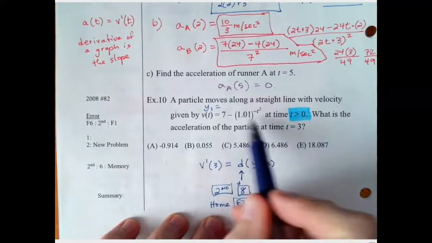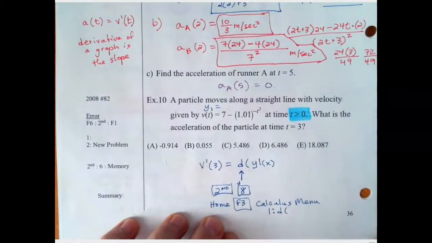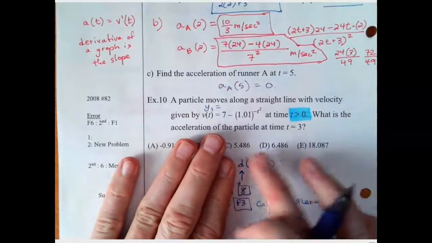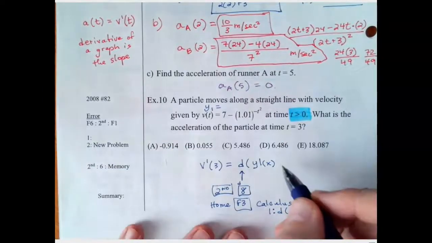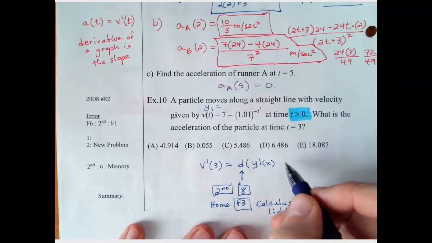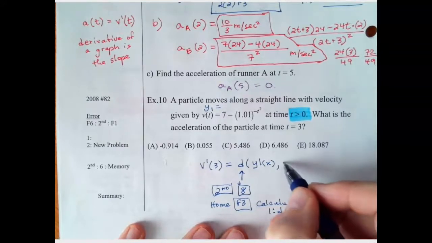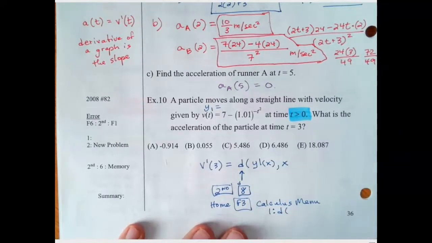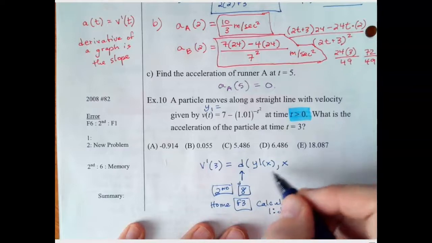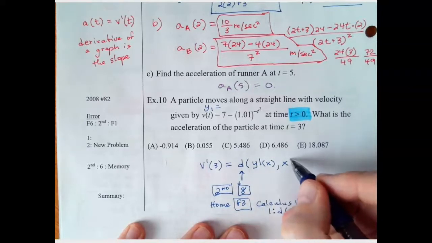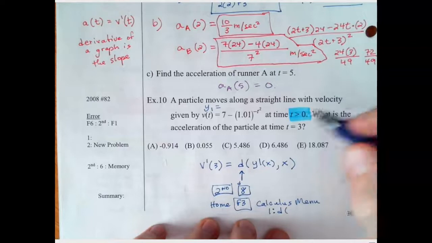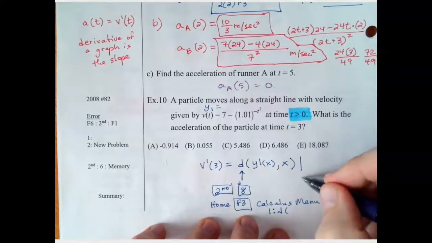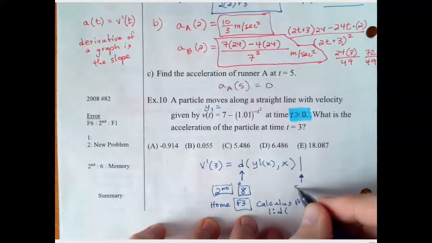Or you could type this in right there. So this is on the home screen. This is what we're typing. So then we have to put comma x. A lot of students forget to put comma x. So you want to make sure that you put that in there, because we can take the derivative with respect to different variables. Alright, then you're going to put this line here, which is such that, and that has its